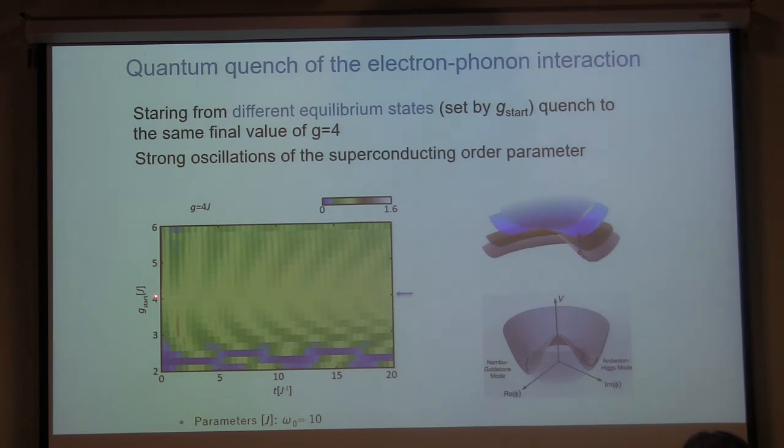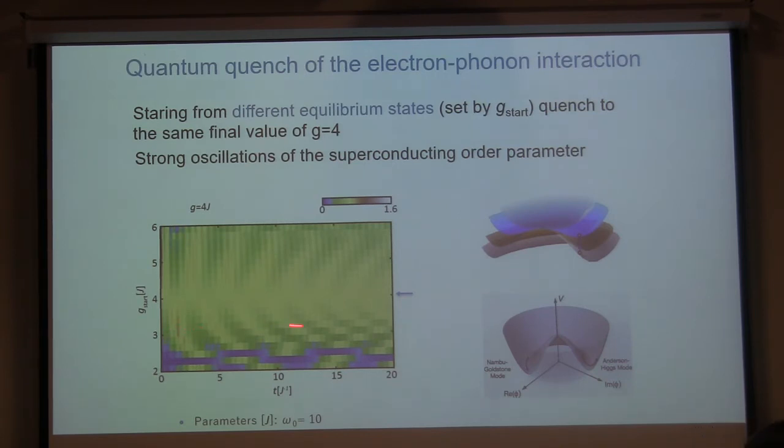So basically, like 4 here means that we did not change the electron-phonon coupling at all, and so this is the color coding of the gap, so you can see that the gap just doesn't change, right? So here, again, it's a slightly simpler problem where we already start with the superconducting state, and then we see how it responds to changes of the electron-phonon interaction. But as soon as we start with a value of interaction which is either small or large, which is different from our final value, and do this quench, then we see that actually the gap